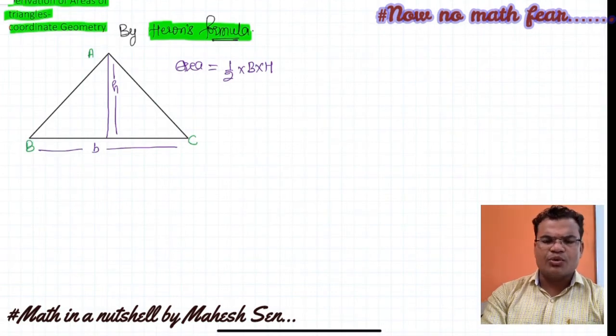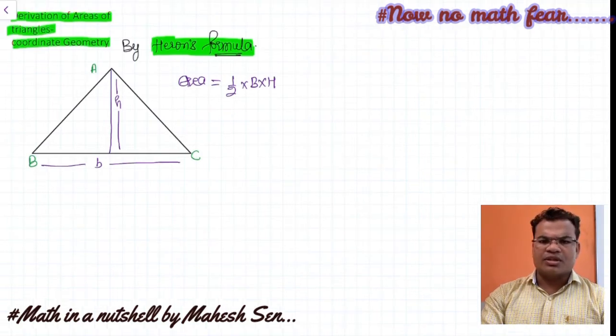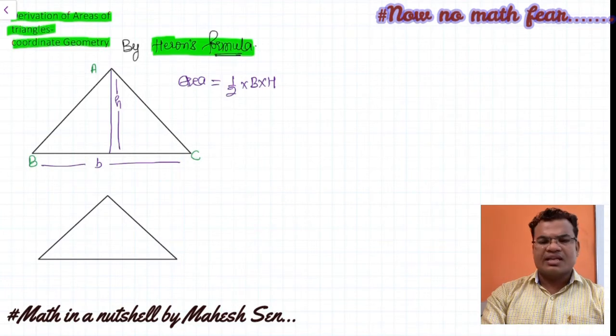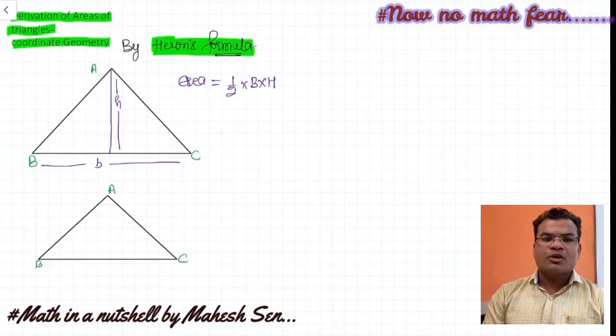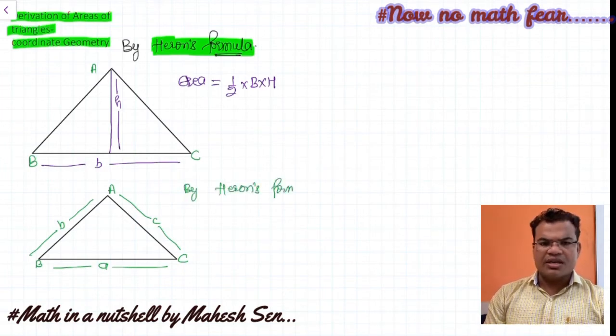I just want to explain that if an isosceles triangle is there, there is a particular formula. There is also a scalene triangle. What is the formula for the scalene triangle, or how will you find the area of the triangle when the three sides of the triangle are given? So if I go for the scalene triangle, all three sides are given. Suppose these sides are a, b, and the third side AC is c. So how will I find the area? I will find it by Heron's formula generally.